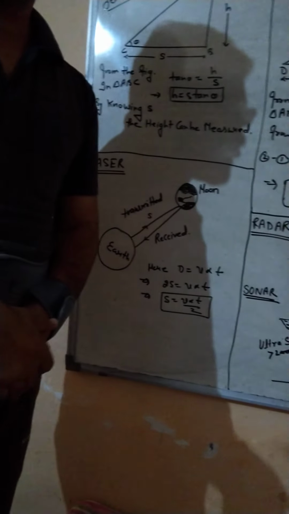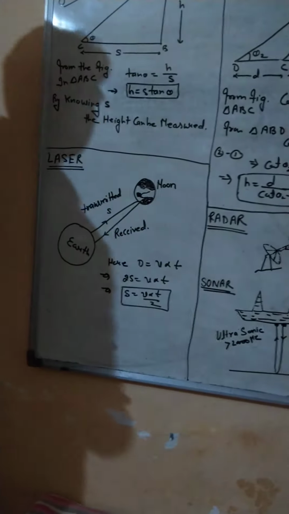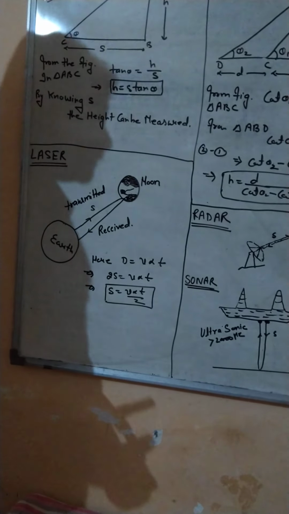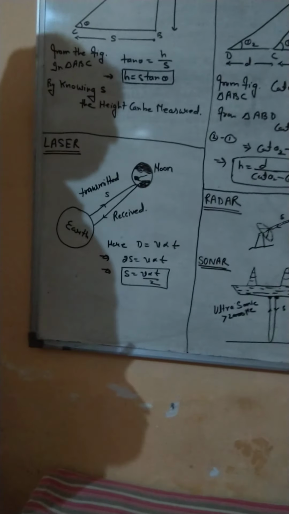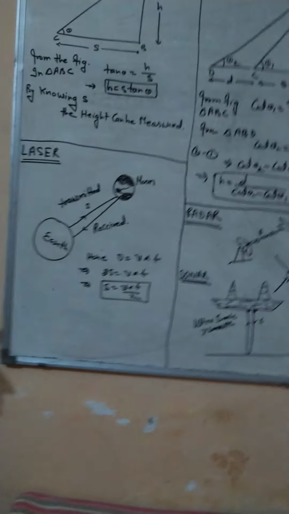Now we are going to understand the reflection method. First of all, we have to understand what the reflection method is. In the reflection method, there is a transmitter and there is a receiver. These transmitter and receiver are devices. The transmitter's main task is to release some waves, and the receiver's main task is to